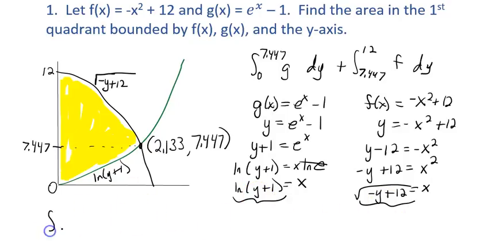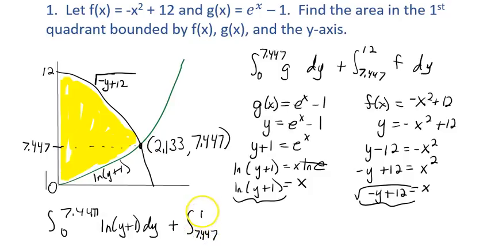So I'm doing the integral from 0 to 7.447 of the g, which would be natural log of y plus 1 dy. And I'm going to add that to the area from 7.447 to 12 of the f, which is the square root of negative y plus 12 dy. And I'm going to use my calculator and do math number 9 to put these in and add them together. And if you do that correctly, you should get